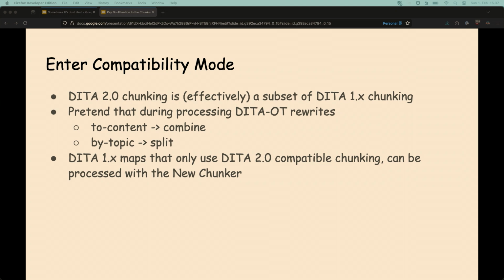And it works. Lovely. We get to use the new code, hopefully fewer bugs, and we can get people using the new code. Of course, there are some cases where it might not be compatible because you're using a feature of 1.x chunking that is not supported, but then you just fall back to the old chunker. And we can do this by just switching it under the covers.